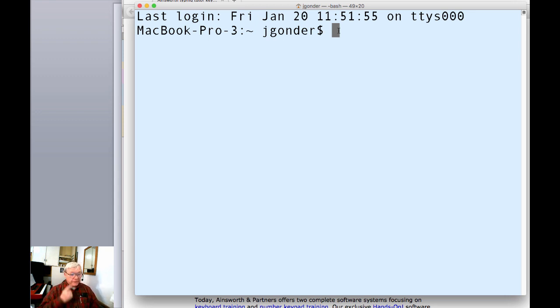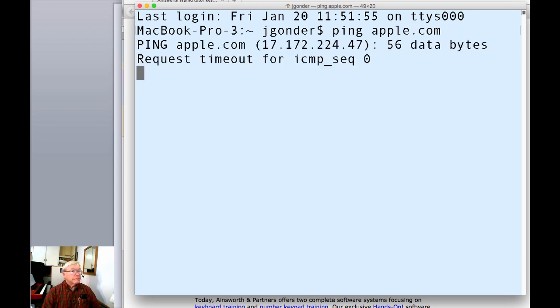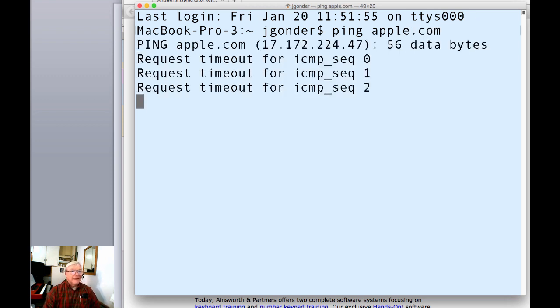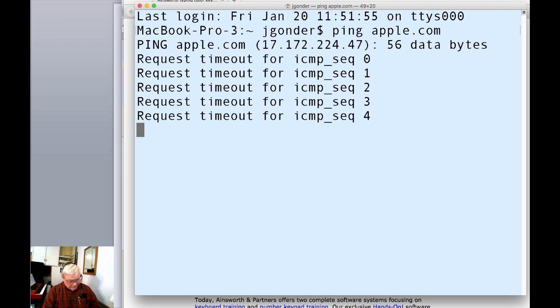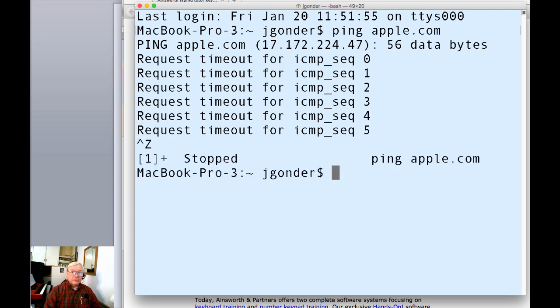Like here, I've got a command line window open, and I'm going to generate some ICMP packets by pinging Apple. Not getting any reply there. Not unusual and good security practice for sites to not respond to ICMP.